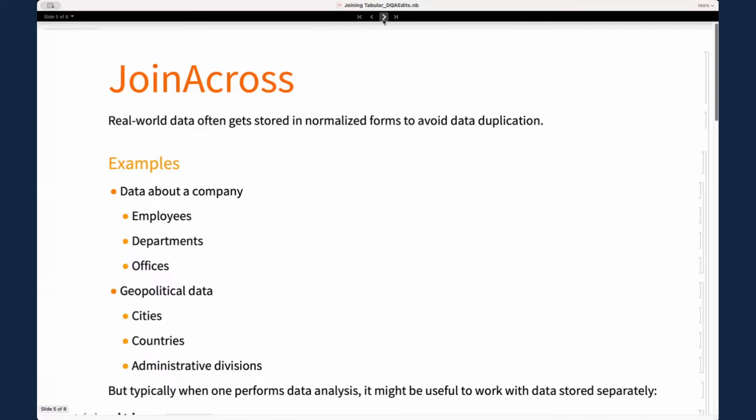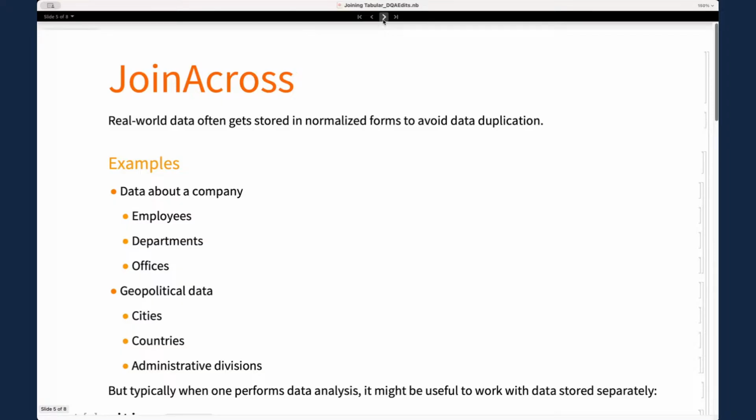What you're typically going to do is to store the employees somewhere and store the information about the offices in another place. And this is also what we do at Wolfram, because as you know, when you look at the entities in the Wolfram Language, you're going to have an entity type for cities and an entity type for countries. And you typically are not going to store the population of the whole country within the city. You can take the city, ask for what country that city is in, and then query the properties of